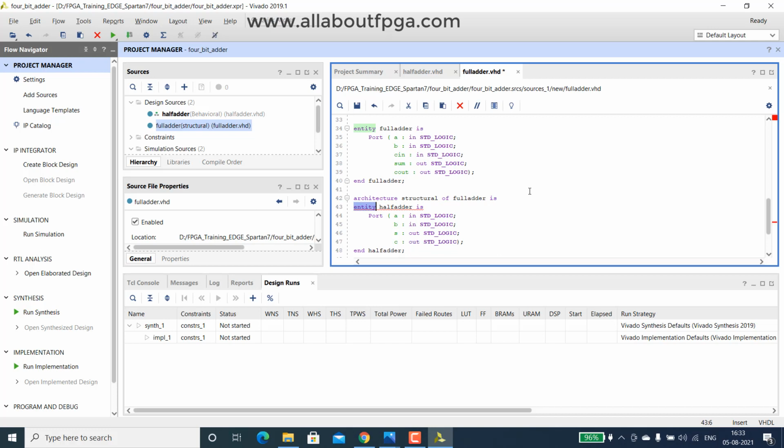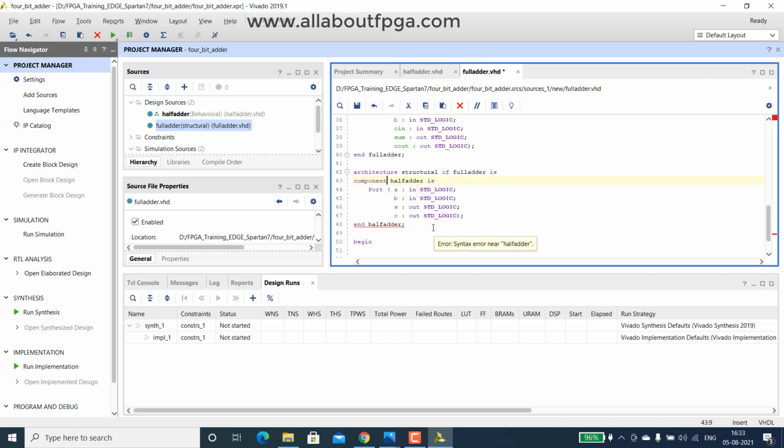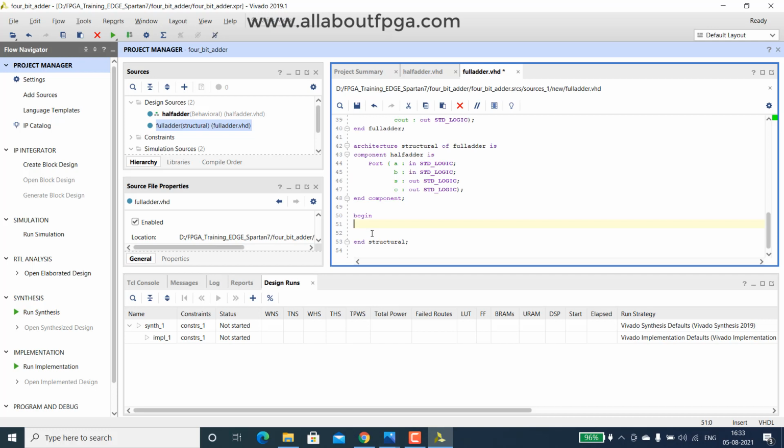Instead of entity, we have to rename it as a component. So we are calling it as a component for full adder. So end with component. Refer to the VHDL syntax for this. Then we have to port map this.